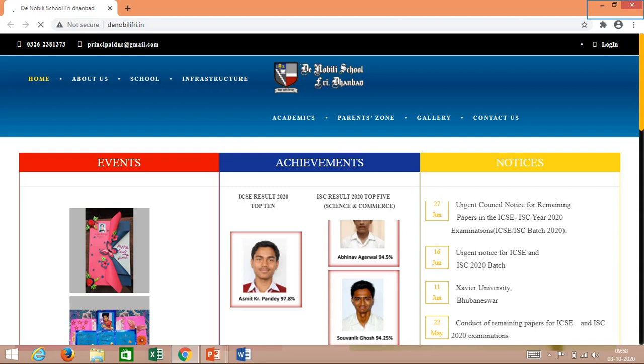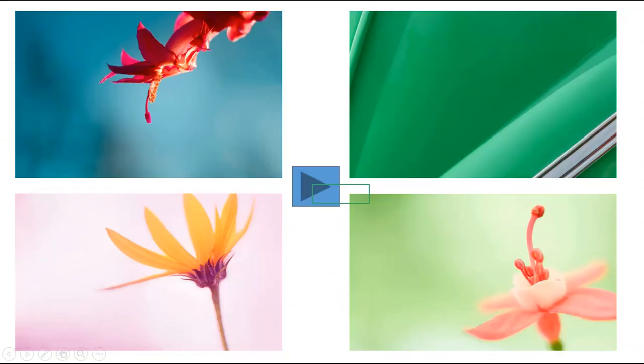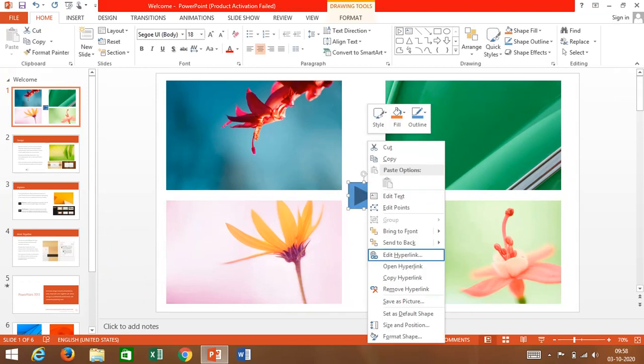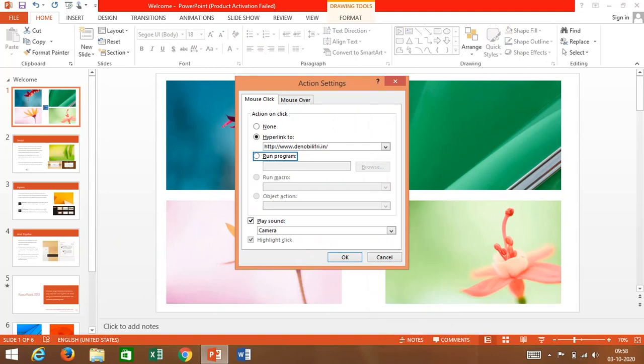Now how did it come? I clicked on the action button, and the action button was hyperlinked with a website, that is, with a URL. So this is the way you can do different tasks using the action button. Again, to edit, right click there, click on edit hyperlink, and suppose I click on run a program.